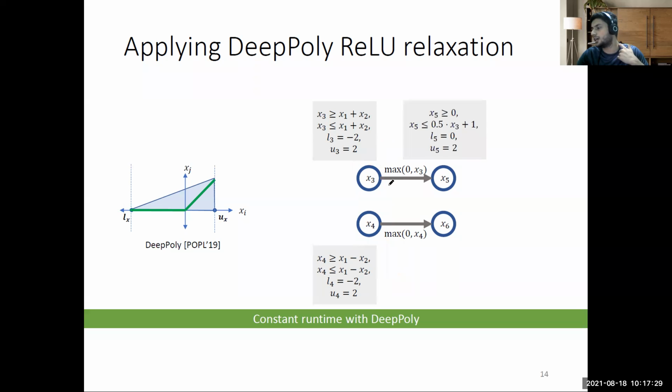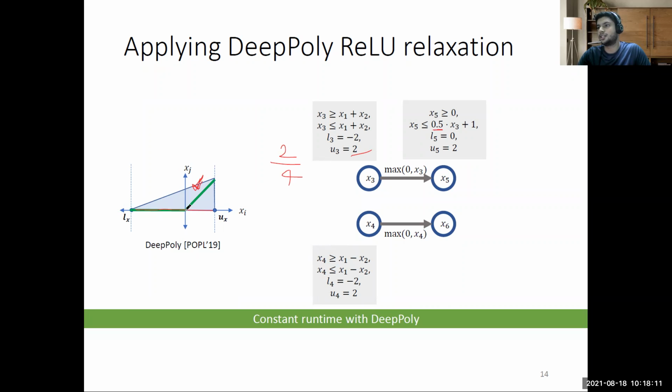So now let's look forward, and we just have to define the slopes here. We have seen how to define the slope in the previous session. Essentially this line has a slope which equals ux divided by ux minus lx. ux in this case, this is x3, so my ux will be 2, and this length essentially will be 2 minus (minus 2), which is 4. So this line has a slope of 2 by 4, which is 0.5, which you have here.